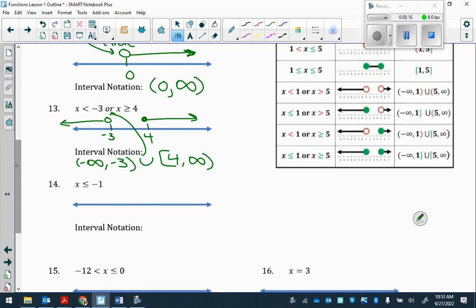Okay, any other questions on this? Okay, we're going to see a lot of interval notation, so if you weren't really sure what to do, don't worry. Okay, when you get to the graphs, visually, it's going to look a little different. Okay. All right, so if you turn to